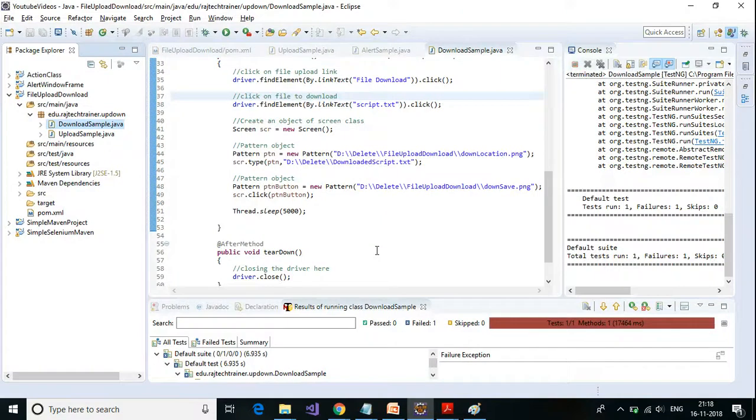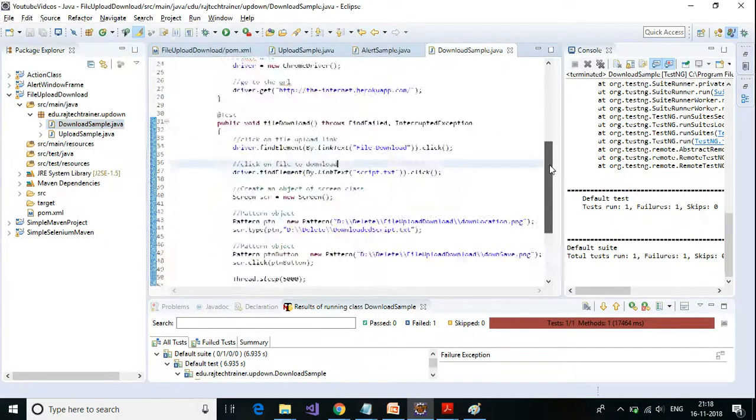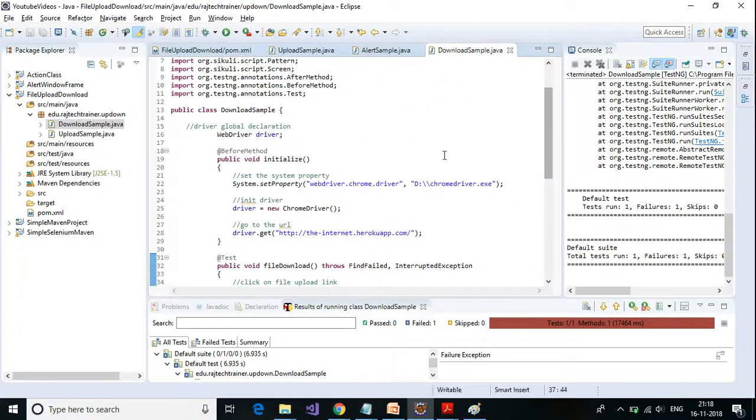Okay, so one thing which we missed here is, by default, whenever I open up the browser, this Chrome driver opens up the browser. Whenever I click on that link, it will automatically download. So we have to tell the browser to pop up that download window so that we can save it to a different location. To do that,